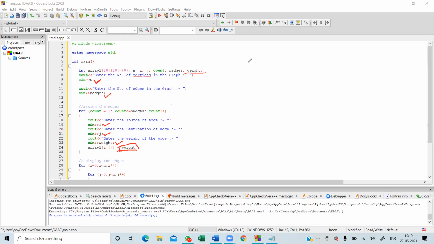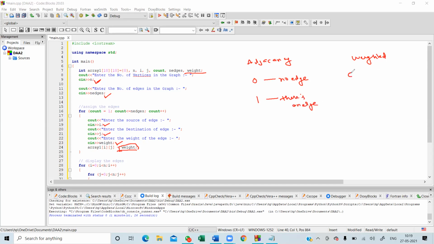Let me repeat. You have an adjacency matrix and you have a weighted matrix. In the adjacency matrix there are only two values, 0 and 1. 0 means there is no edge and 1 means there is an edge.